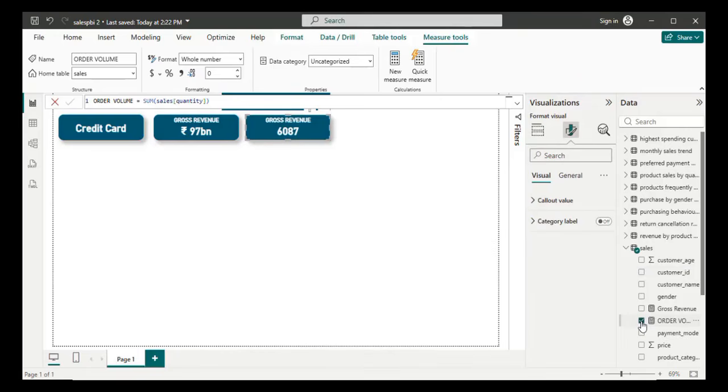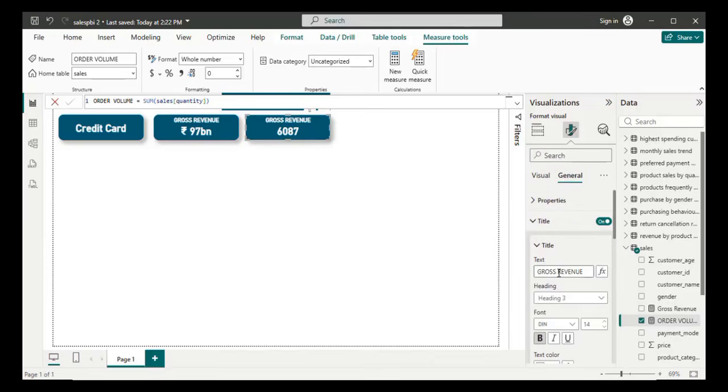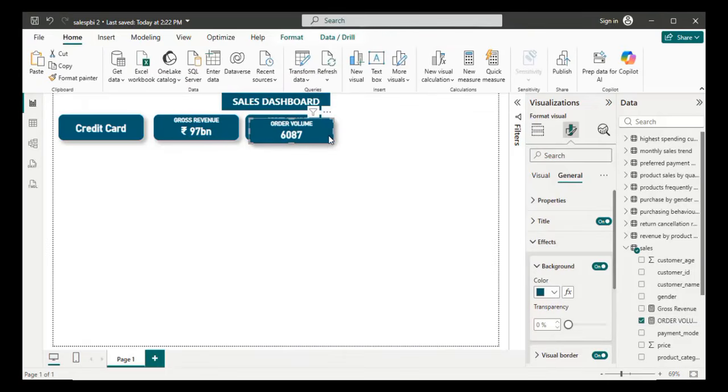When you check it, you go to the title, that is general, and then title, and change it to, Control A, and then change it to order volume. Control C, Control V. Then our next KPI card